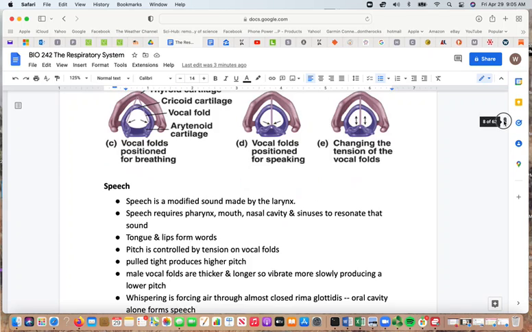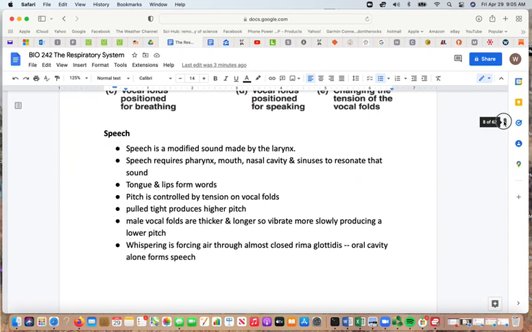So speech is a modified sound that's produced by the larynx. It does require the pharynx, mouth, nasal cavity, and sinuses to create the resonation and the speech. The tongue and the lips help in forming the words. Pitch is controlled by the tension on the cords. So tighter